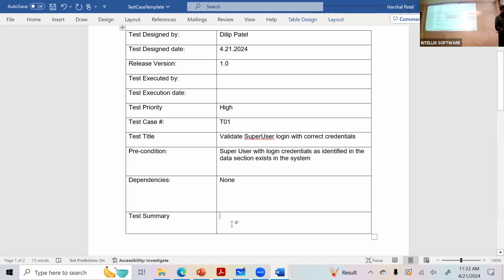Okay, so let's talk about the summary. This is the title. The summary explains what exactly this test case is going to do.